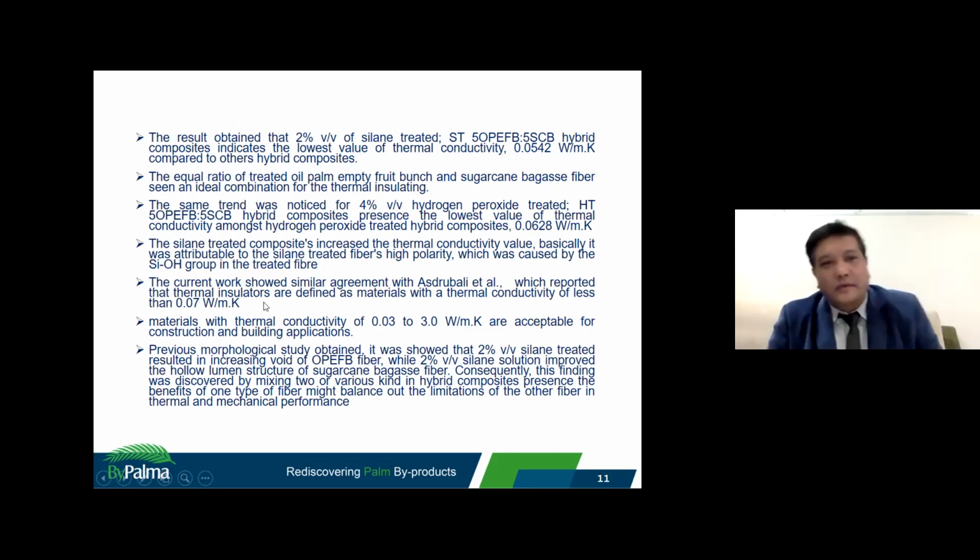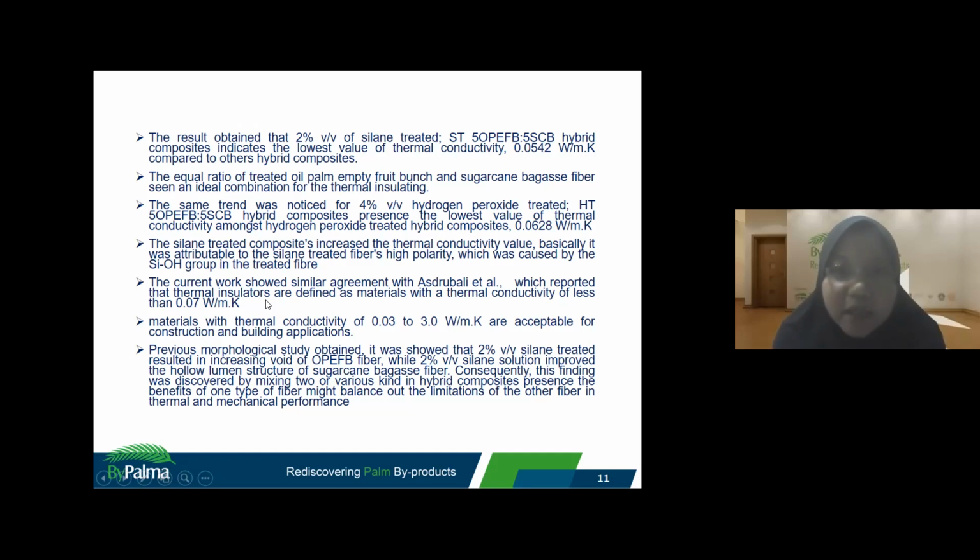All right. The current work shows similar agreements. We reported that for thermal insulators, the best insulator is lower than 1 watt per meter Kelvin. So, and then we move to